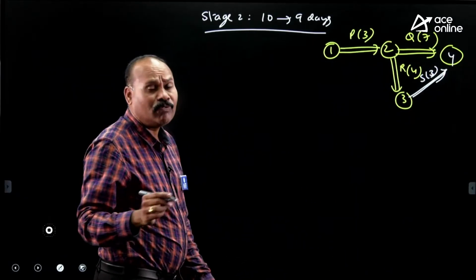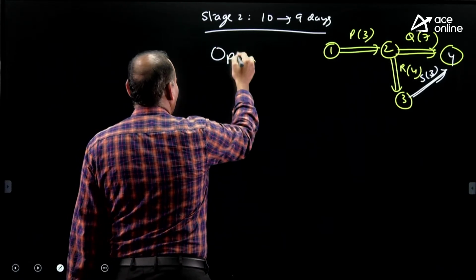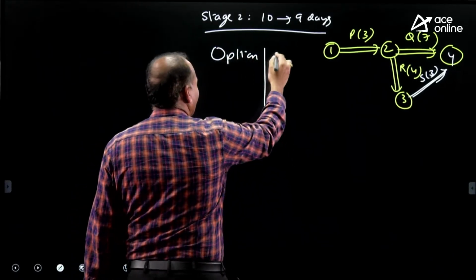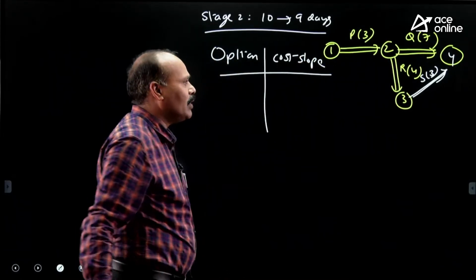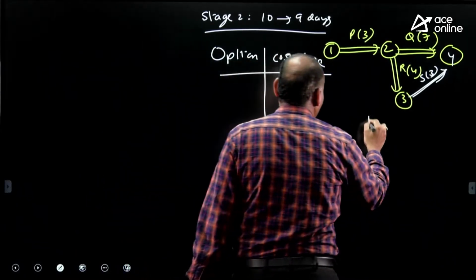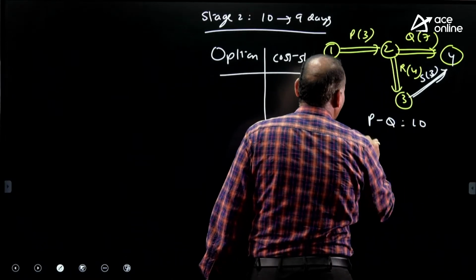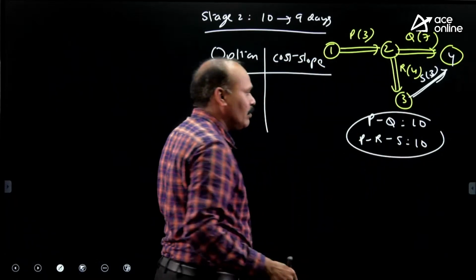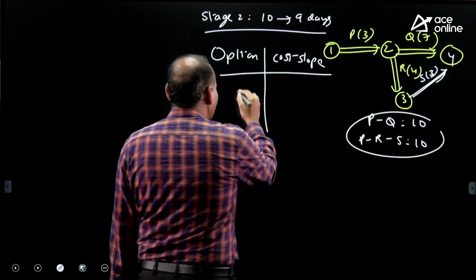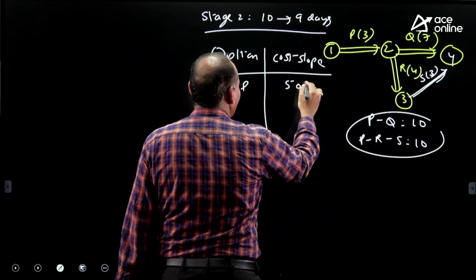What are the options available for crashing purposes? Option and cost slope. I'm just taking the possible options. I'm taking the common activity because there are two paths with the same duration, PQ 10 and PRS 10. What is the common activity? P is the common activity,